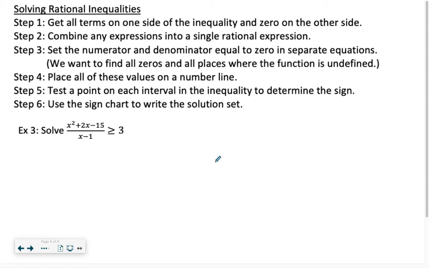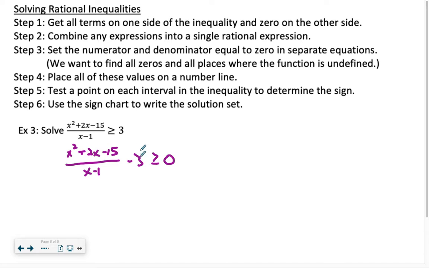Now, let's do the same thing, but for rational inequalities. And these are going to be very similar, just one small difference. Right? Now, the first step is, again, to get everything on one side and 0 on the other. So I would subtract 3 here. So we'll say (x squared plus 2x minus 15) over (x minus 1) minus 3 is greater than or equal